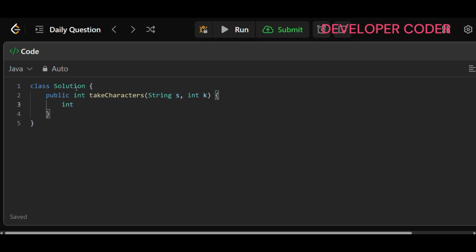So here, int n is equal to s.length. For the frequency, we have just three characters, right? So new int[3]. And now we have to count the frequency of each character in the string. So for each character c in the string's char array, we have to just update the frequency of c minus 'a'